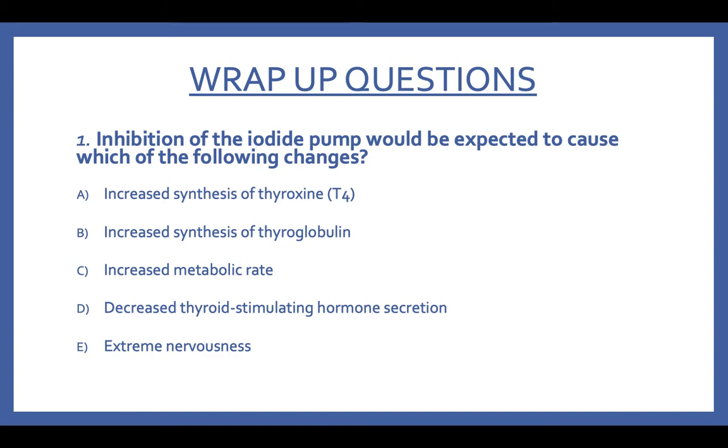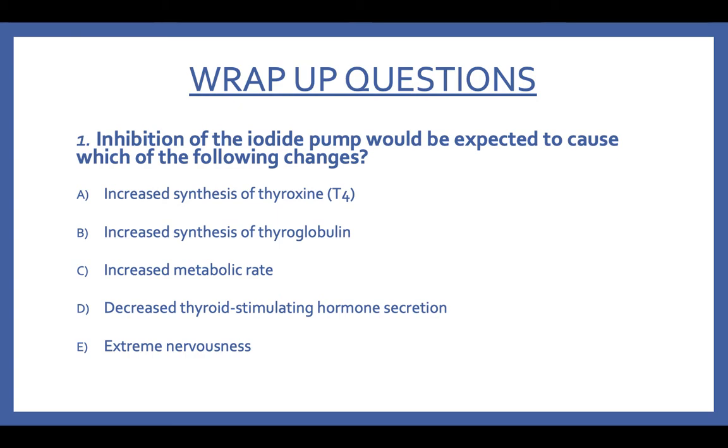Okay, so you don't have to worry if you are not able to answer this, but hopefully once I explain the answer to you, you'll be able to get a better idea of why this was the answer. The question says inhibition of the iodide pump. That is one of the most important sentences. We discussed previously that iodide was obtained from our diet, and iodide needed to be transported with sodium through the symport channel into the follicular epithelial cells in order to produce your thyroid hormones.